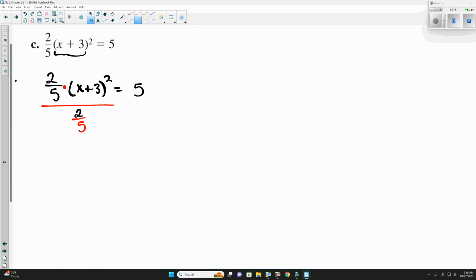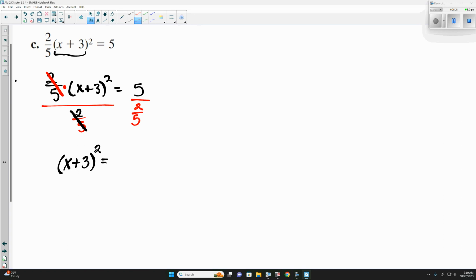Now, it wouldn't be quite possible to distribute the 2 fifths into x plus 3 because of the square, because our order of operations is parentheses, exponents, then multiplication. So exponents kind of outrules that. But we just want to get that by itself. Because if we divide both sides by 2 fifths, these will cancel out, leaving us with x plus 3 squared equals